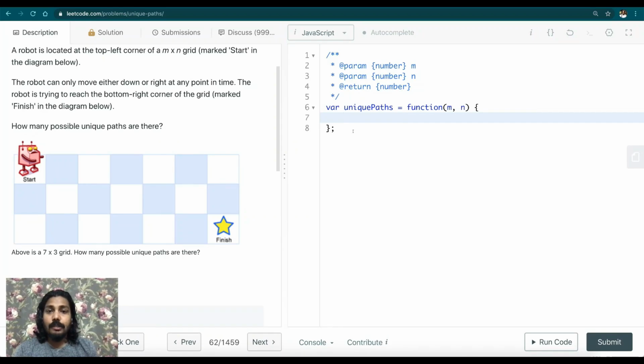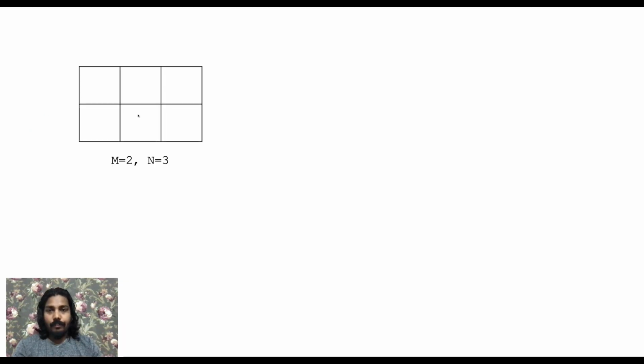In order to solve this problem using the recursive approach, let's assume that the robot is actually traveling from finish cell to the start cell. When we start to make our very first recursive call from the first cell, that is 0, 0, we will start the call from here, and at the end of the execution, we have to return the result from here, right? So to calculate the result of the first cell, we need the number of unique paths available from